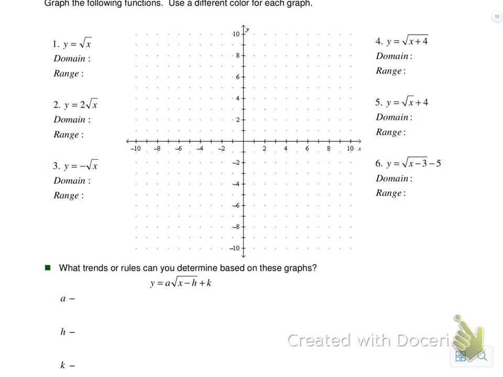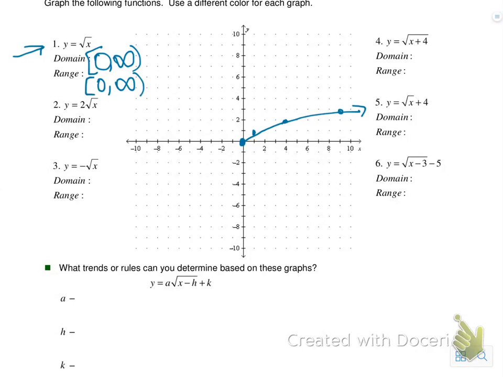during Unit 2. So for 1 through 6 on this notes page, you are just going to put these in your calculator and graph them and find the domain and range. And so I'll start you off with the parent function. The parent function starts at 0, 0 and goes through 1, 1, 4, 2, and 9, 3. That's the parent function. And the domain is 0 to infinity, and the range is 0 to infinity, and it